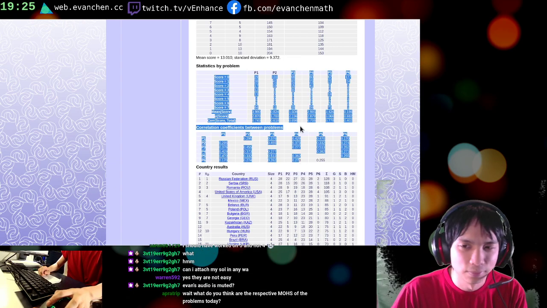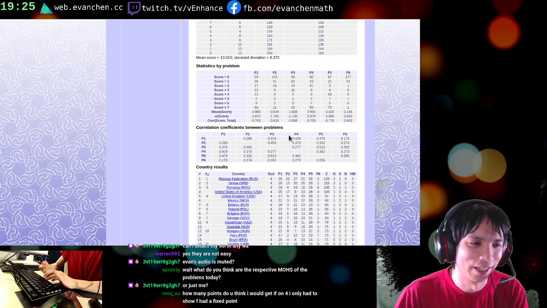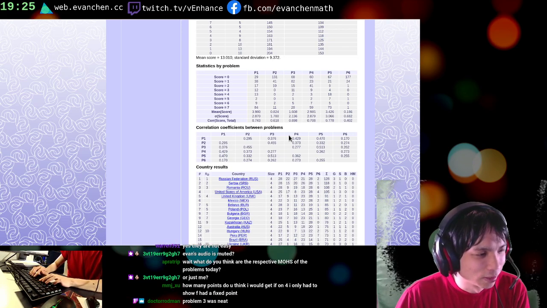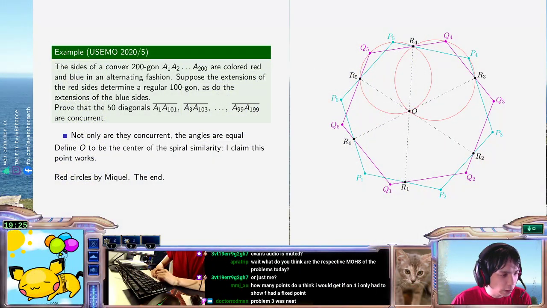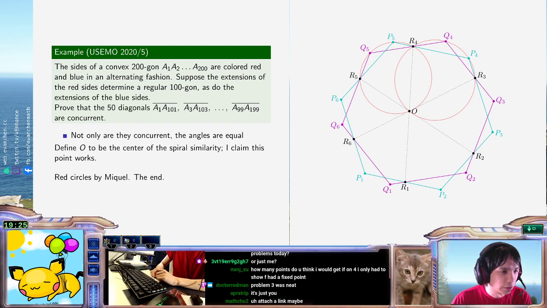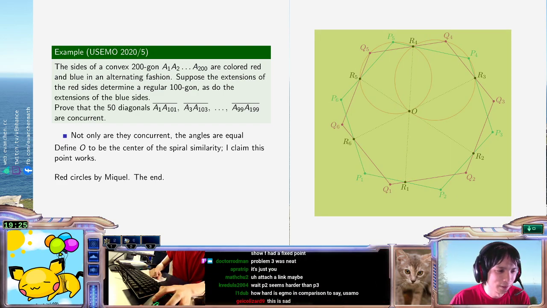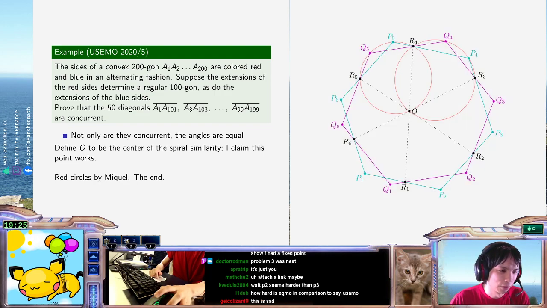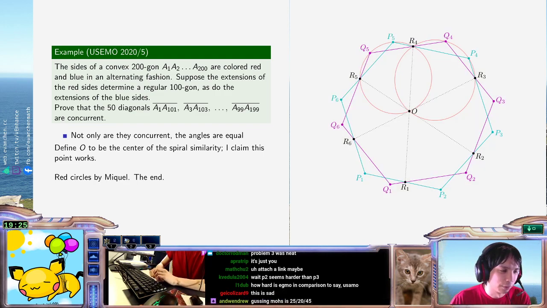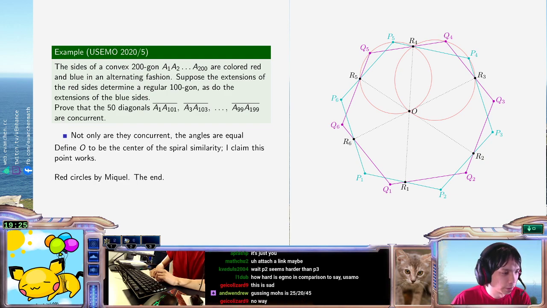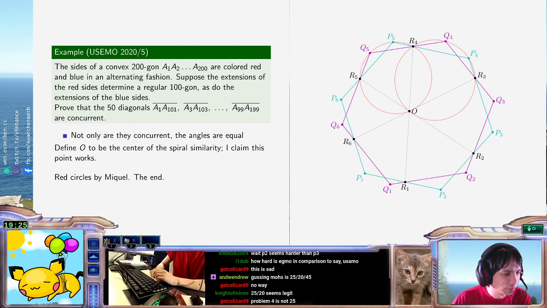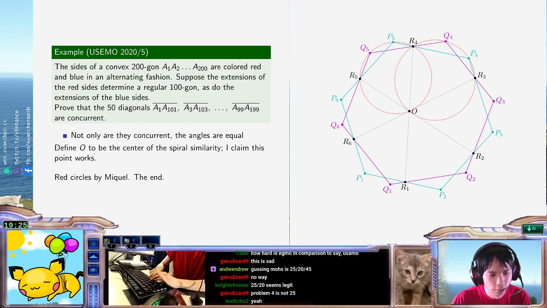Yeah. You know, I don't really want to put this 1-4 either. What do you think are the MOs? I think this problem is like 15 or 20. I think it's definitely on the easy side for a 2-5. Problem 4 I thought was like 25, but it sounds like it's going up based on everyone telling me that it was impossible. Problem 4 is not 25? Wait till you see the scores, man.